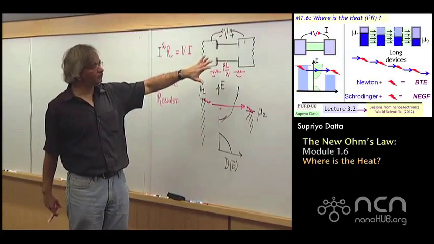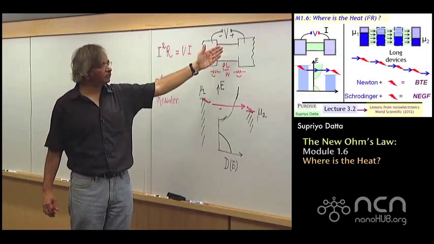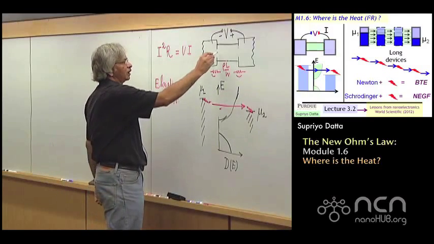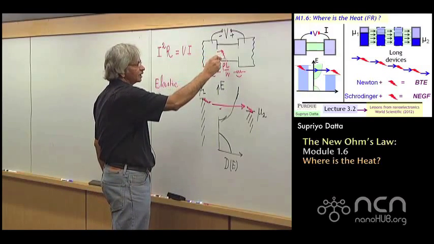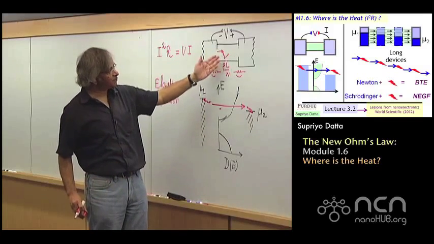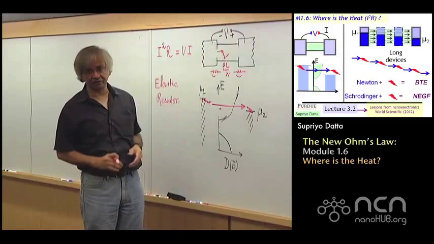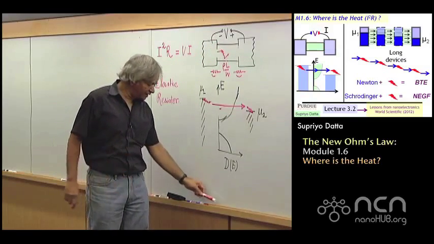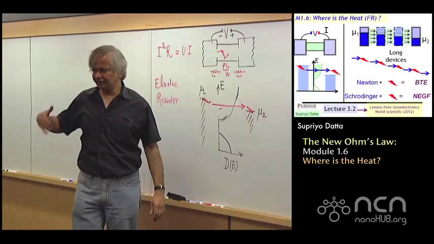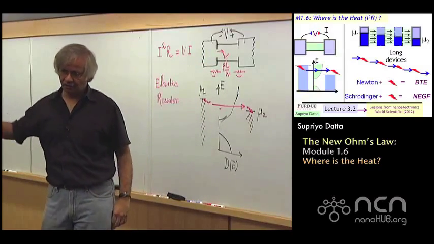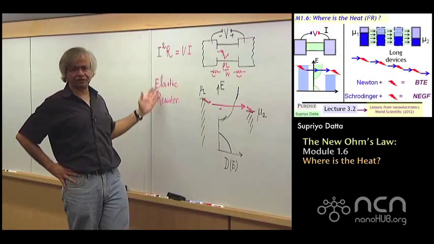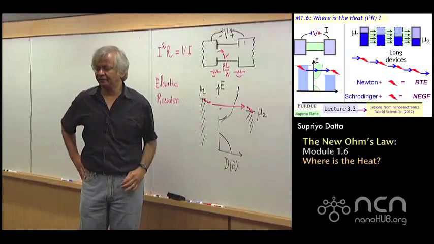So traditionally, when we think of transport theory, people normally don't think too much about the contacts. They worry more about how electrons are losing energy inside the channel. And they try to calculate these dissipative processes inside the channel. Whereas for small devices, a much better approximation is to ignore it completely and then include it as needed as a higher order correction. So this view, this what I called here the elastic resistor, this way of thinking, I